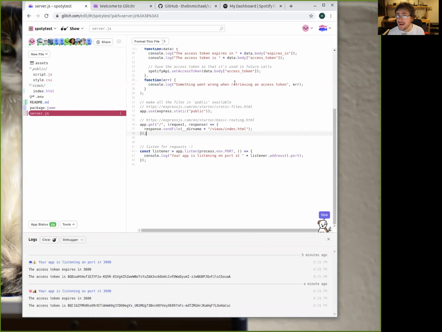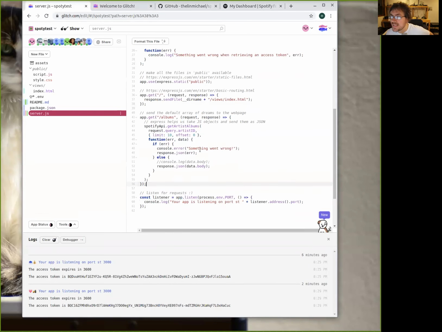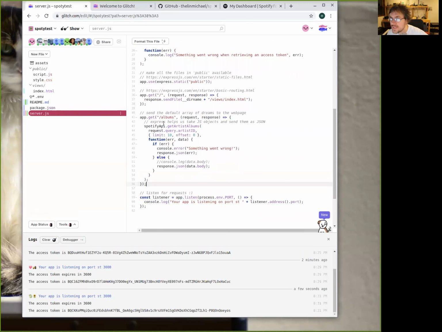Next step, only the server will be connecting to the Spotify. So I will copy this particular connection here. Now I'm saying, what happens if the user connects to albums?